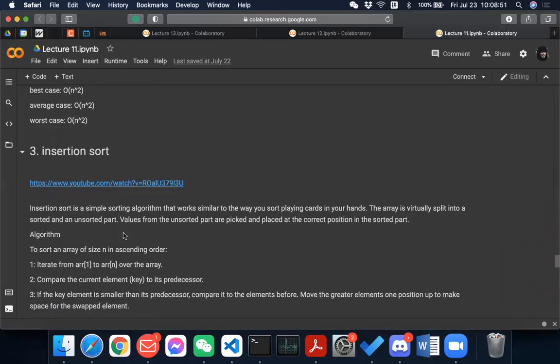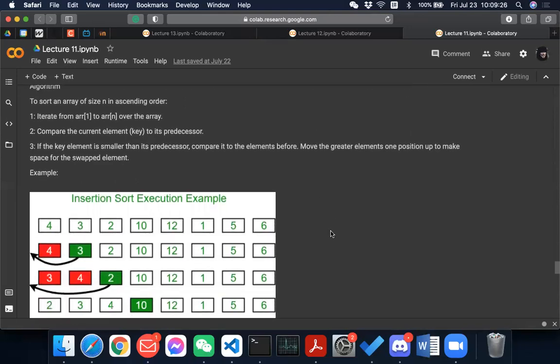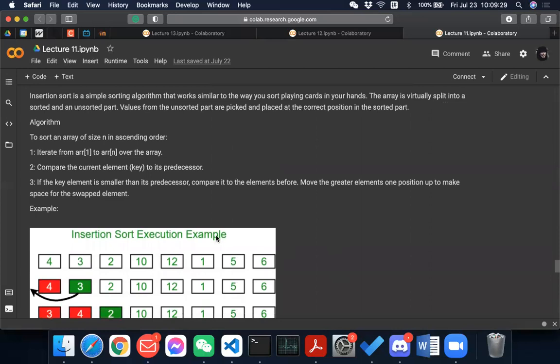So let's continue with the insertion sort. Insertion sort is a simple sorting algorithm that works familiar to the way that you play cards, right? And then the array is virtually split into sorted and the unsorted part. And then the values from unsorted part are picked and placed in the correct position in the sorted part, right? I think the explanation explains really well what this sorting algorithm is, and then